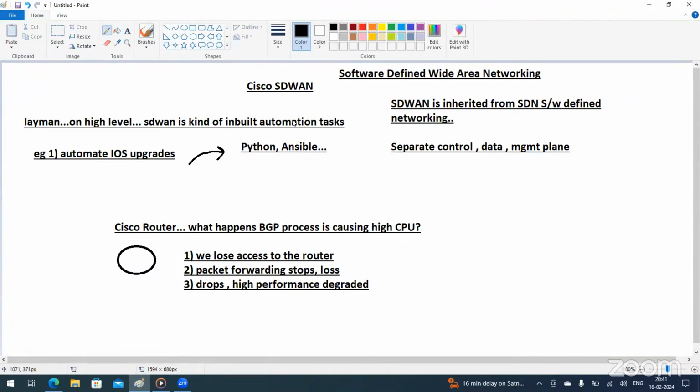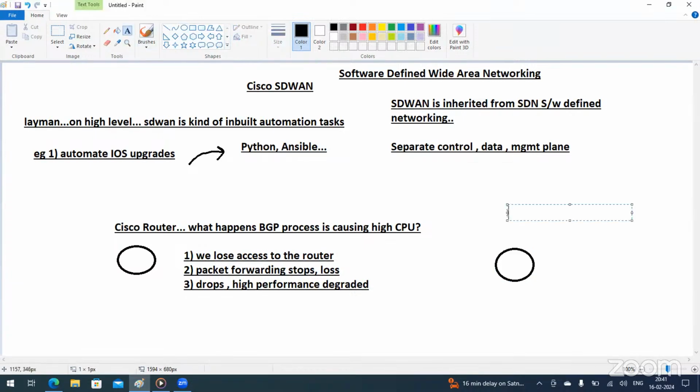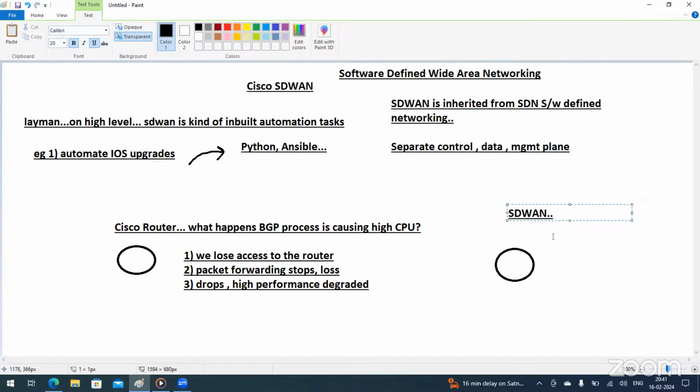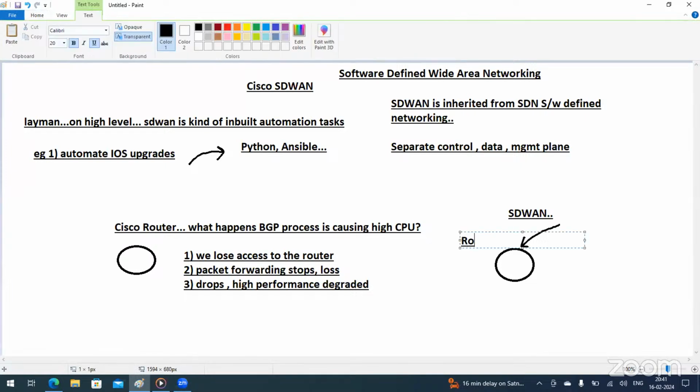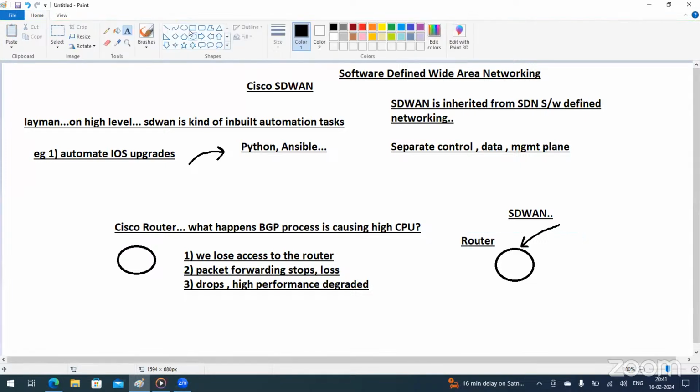So what SD-WAN does is separate these planes. In SD-WAN, compared to the legacy side, we are separating the control plane. So anything with routing protocols would not impact this router, anything happening at the control plane. Why? Because we totally dedicate the job of handling the routing. The job BGP was doing in traditional networking is dedicated to a separate device which would solely be taking care of routing only.